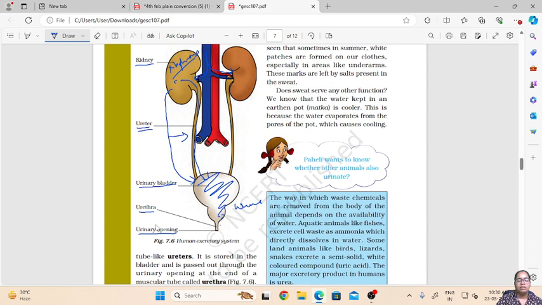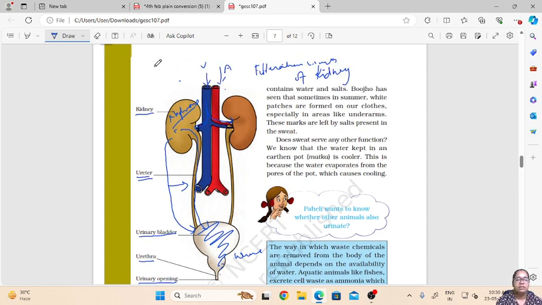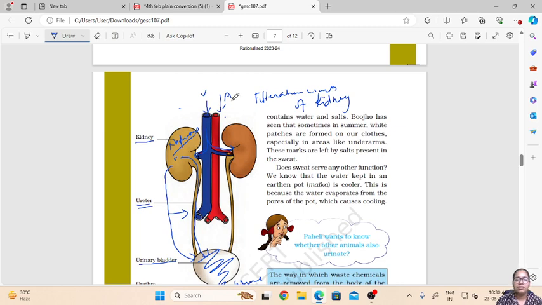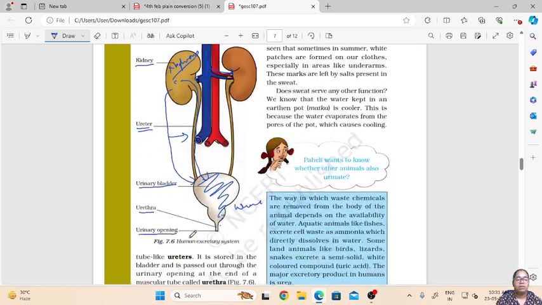Okay, so this is how the human excretory system works, wherein it is extensively supplied with blood vessels which will bring the waste blood containing the waste material, which will be filtered in the kidney. Inside the kidney there are nephrons, which are the filtration units, which will separate the urea from the blood, and that will be then mixed with water and will form the urine, which flows into the urinary